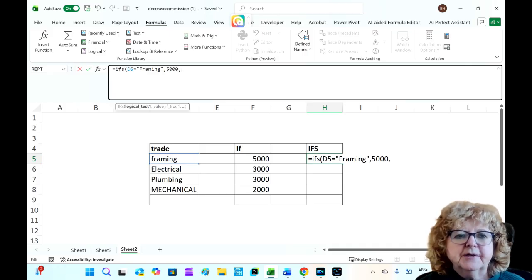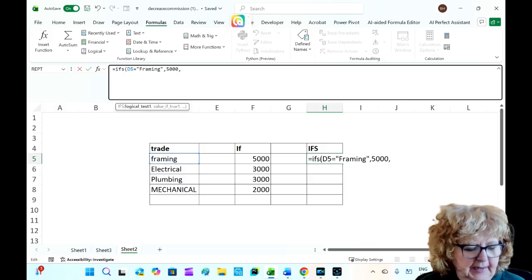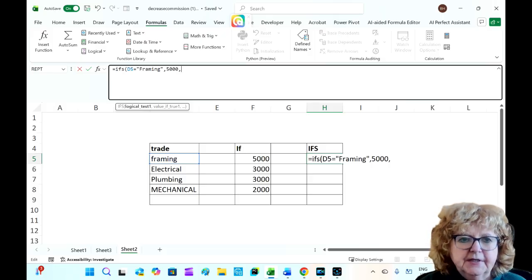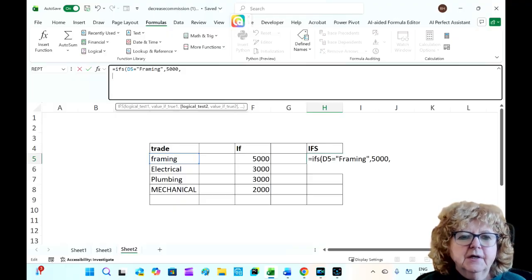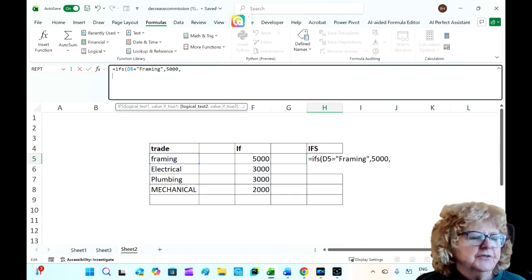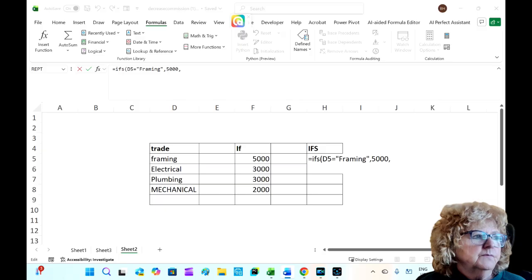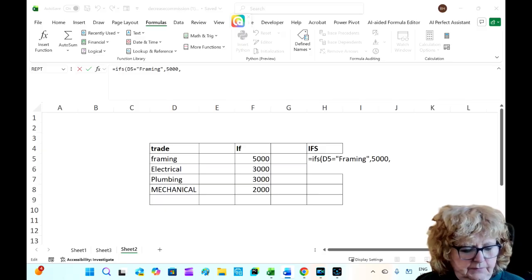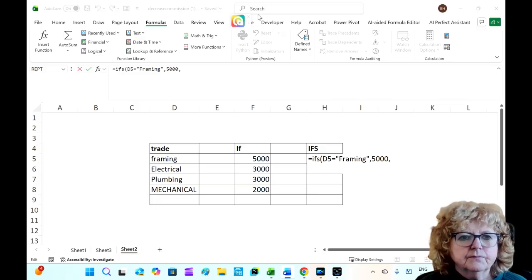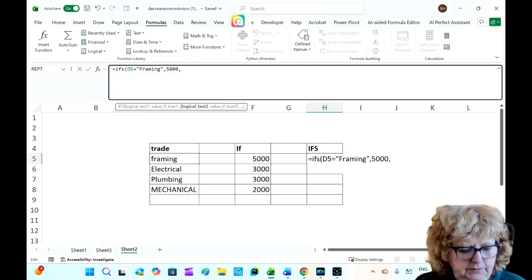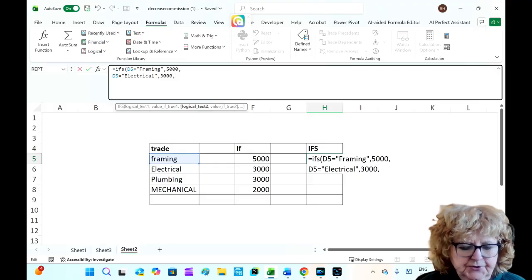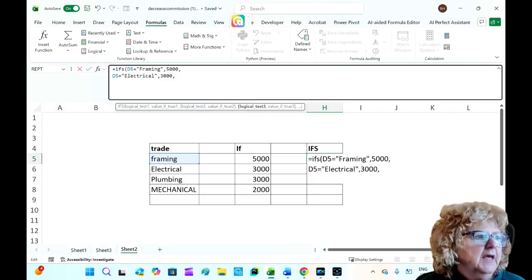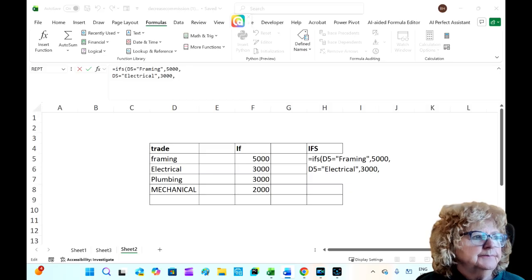Now we put a comma because we want to put another condition there, and I'm pressing Alt and Enter on my keyboard, so I'm now on the next row. Now the next one: if D5 is electrical, then you put in 3,000. That works good. Now we press Alt Enter and say if D5 equals plumbing,